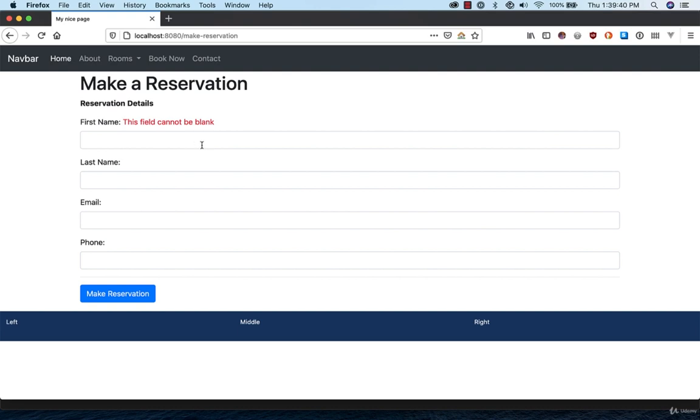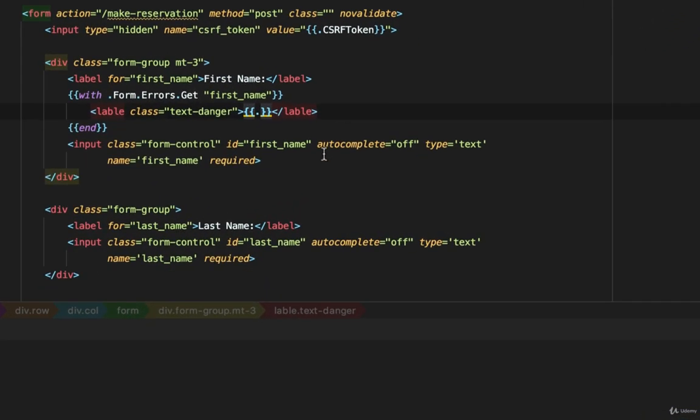It'd be nice if I could make this outlined in red as well. Well, it turns out I can pretty easily. I can do that simply in the class for the input, which is right here. I can put more logic in there as well. With .form, which is in our template data, part of our default data, and handed to us by the handler when the form fails validation,